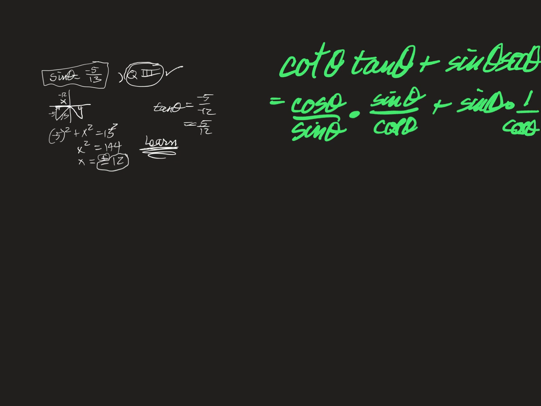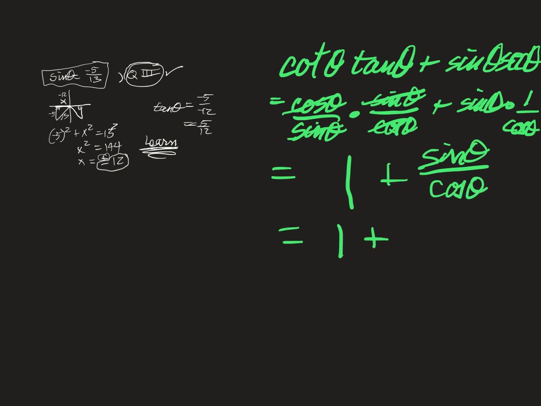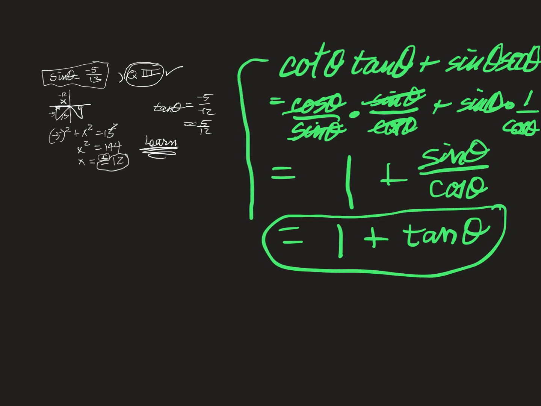Now, when I re-look at this, look, these cancel right here. So I am left with 1 plus sine theta over cosine theta, which is equal to 1 plus tangent theta. I reuse the quotient identity. So what we have done is we have simplified this expression into another expression. And we use identities, and in this case I use quotient identities and a reciprocal identity to rewrite the expressions,